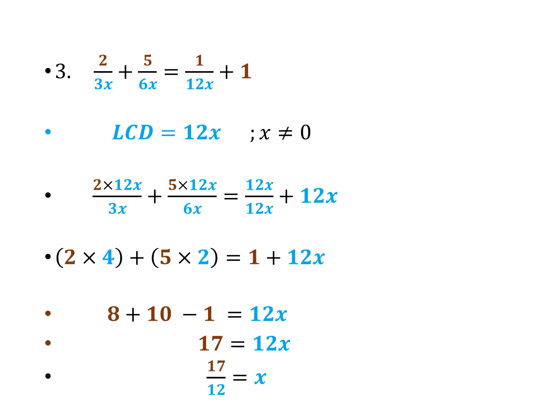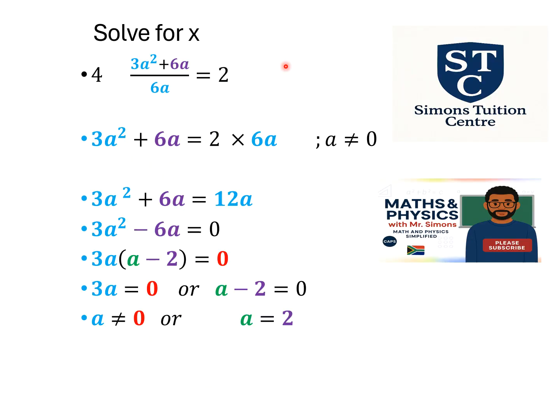Alright, let's look at another problem. Solve for x, but in this case it's actually a given, so it should read solve for a. Right? So we have (3a squared plus 6a) over 6a equals 2. Now, because I only have one denominator and I have an equal sign, to get rid of division I'm going to use multiplication. So 3a squared plus 6a stays as it appears, but I'm multiplying 6a away, so that becomes